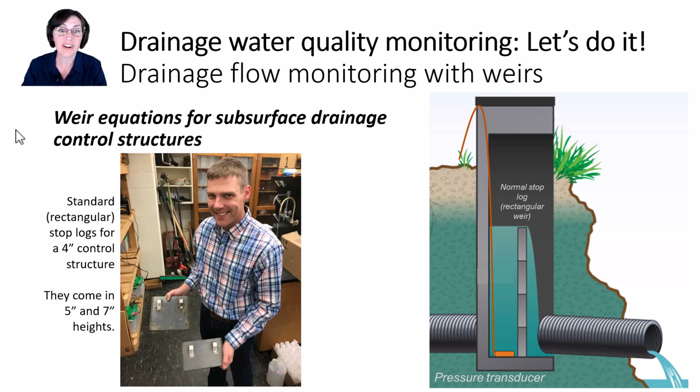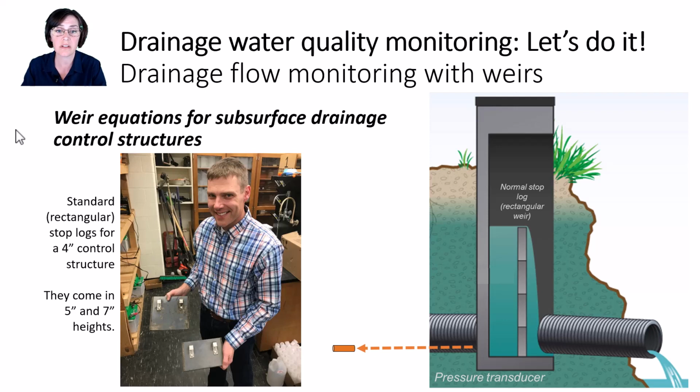You might be thinking, though, measuring the water depth behind a stop log in a control structure violates some of the criteria for valid use of a weir equation that we just talked about in the last lesson. For example, that the pressure transducer should be placed in front of the weir at least 3 times the maximum expected head on the weir. Well, that's not possible with this tile pipe and control structure setup. And so in our case, that pressure transducer is necessarily close to the weir.